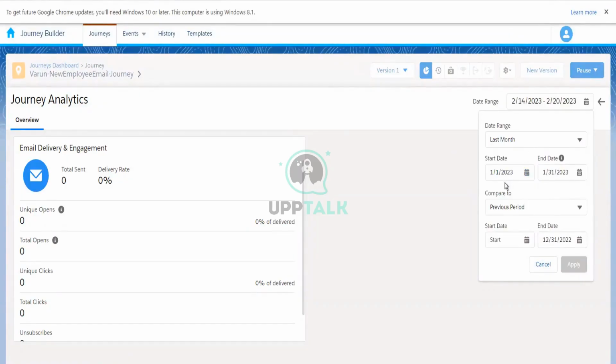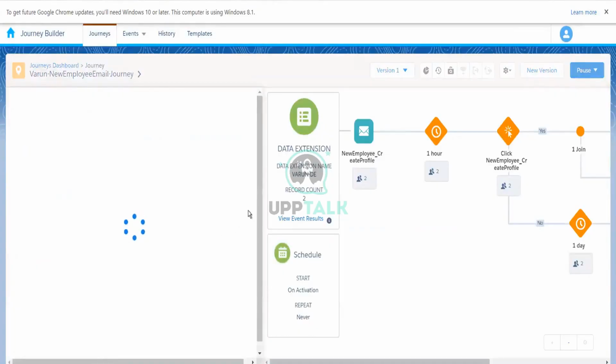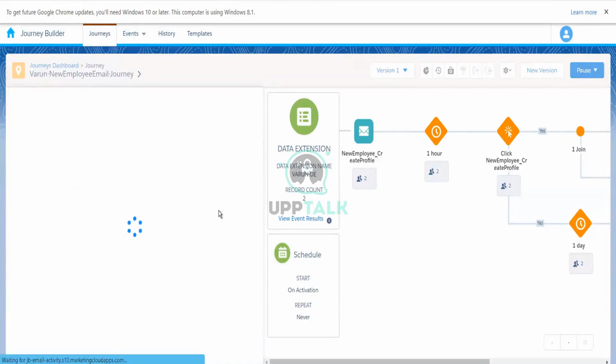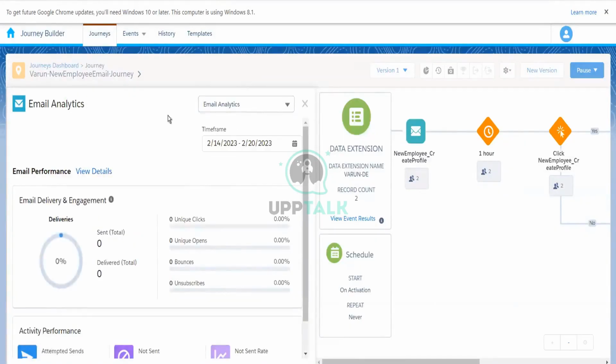Maybe in the date range that we have selected, the activity was not created in that particular period. We don't know when it was created. But this is the date filter that you can apply when you include email activity in your journey. You also get some analytical reports over here to see how many emails were sent, what the click rate and open rate are, and things like that. You have email analytics if you want to check a particular email, and journey analytics will talk about